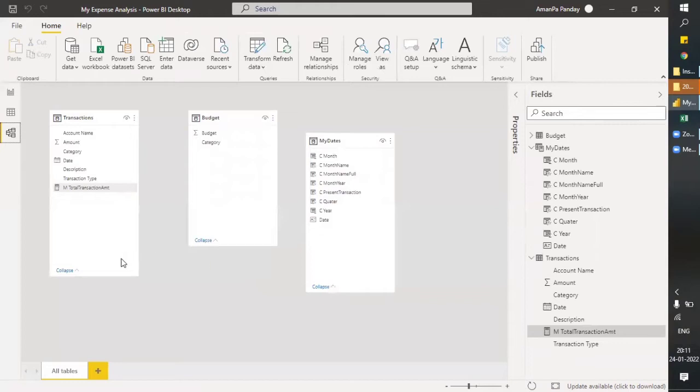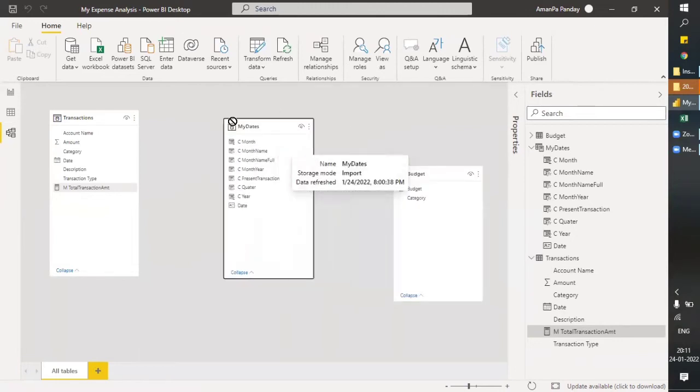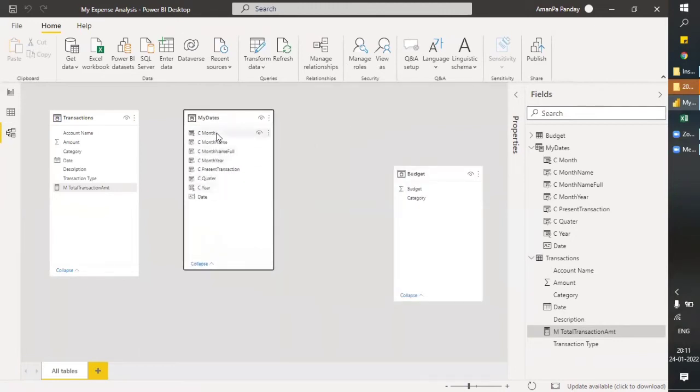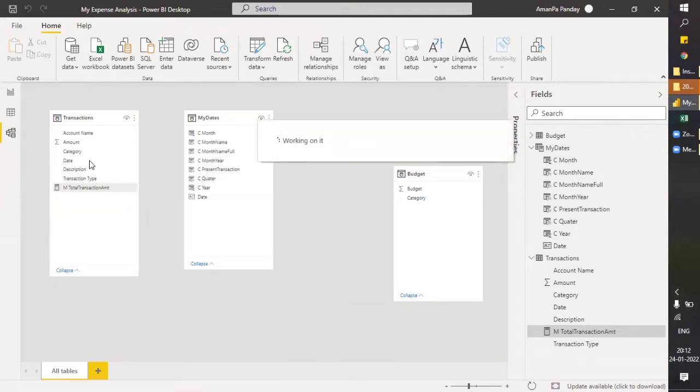Let's do it now. Let me map this date with the transaction date. Now this should solve it.